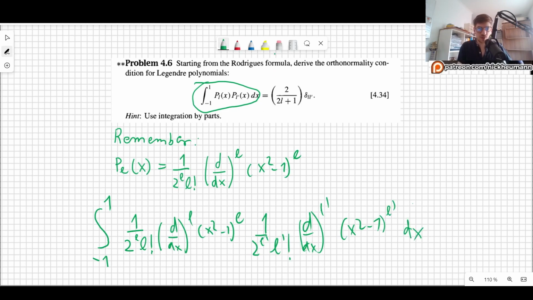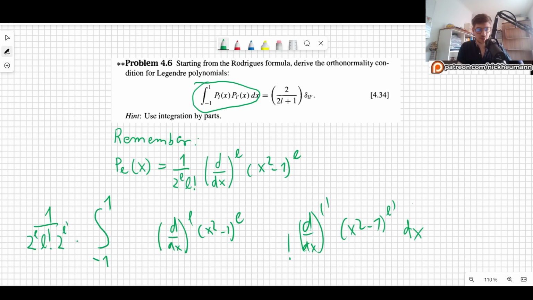So here we can, of course, take these constants outside. So 1 over 2^L, it doesn't depend on x, so we can just leave it in the front. So 2^L, L factorial, 2^L'